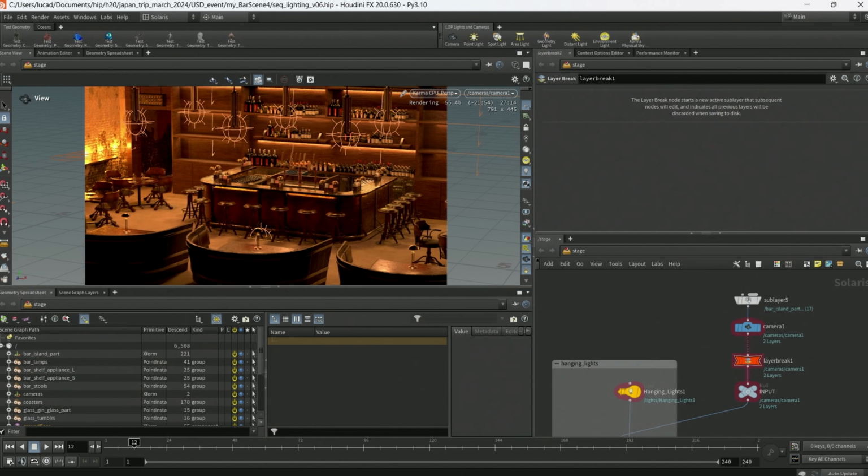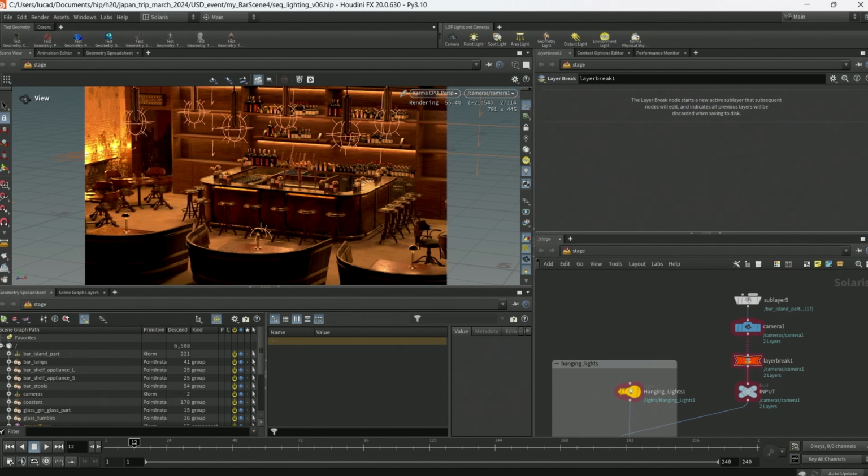The way that this works in Solaris is via this red node. We call this node a layer break. It allows us to see all the information from the layout USD file so we can position our lights relative to the existing assets in the scene.